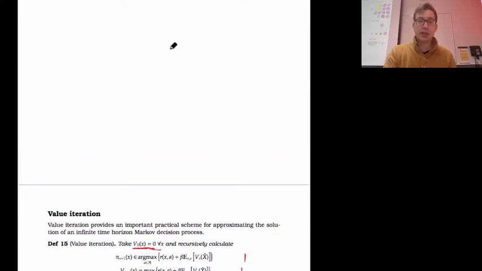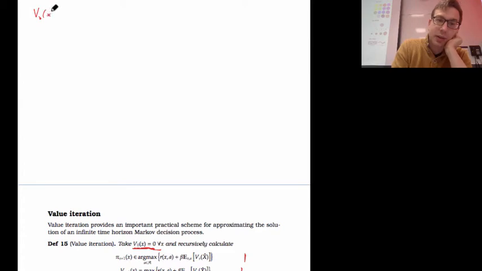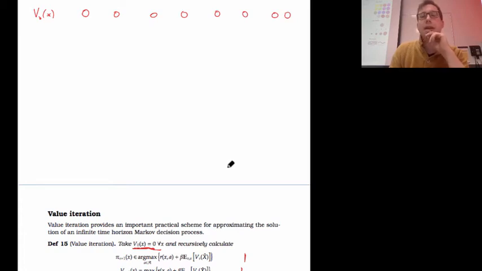Let's draw a picture. I let the values at time 0 for the states be equal to 0. All these circles are the different states that I can be in.